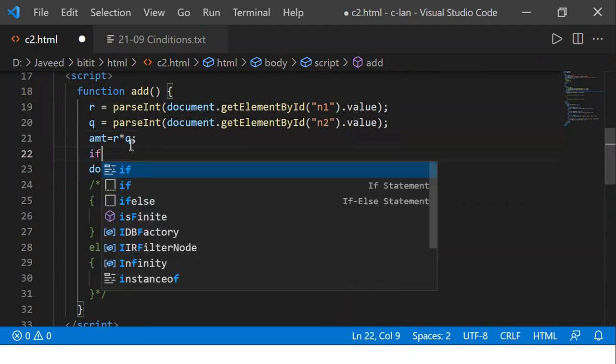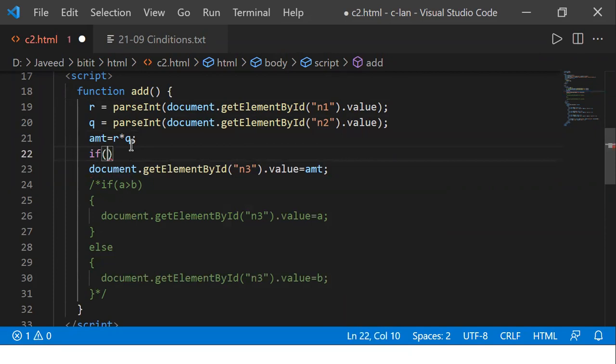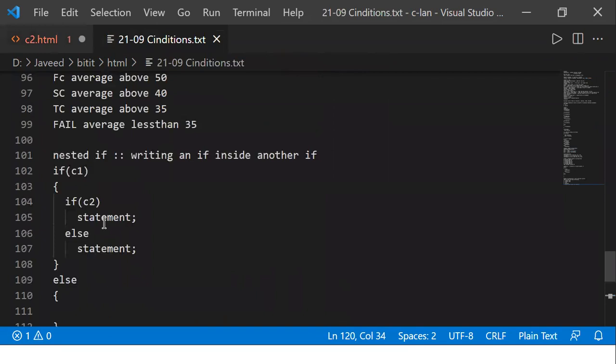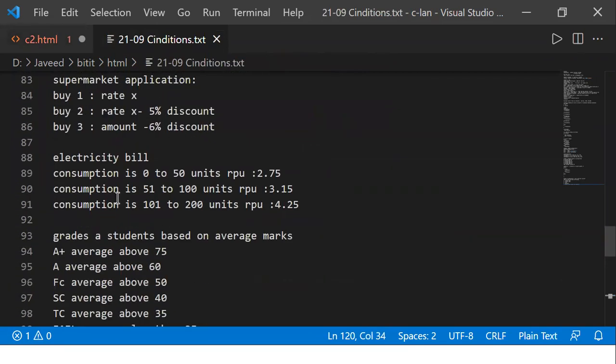Now I want to have the condition to be there. So like for example, what is the condition? We'll talk about the Flipkart conditions. So what is that condition they are given for us? Yeah, so buy 1, no discount. Okay, so discount is 0. You buy 2, 5% discount. Buy 3, 6% discount. Let me check now.